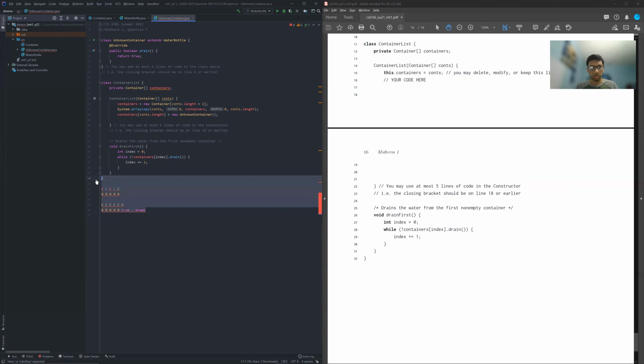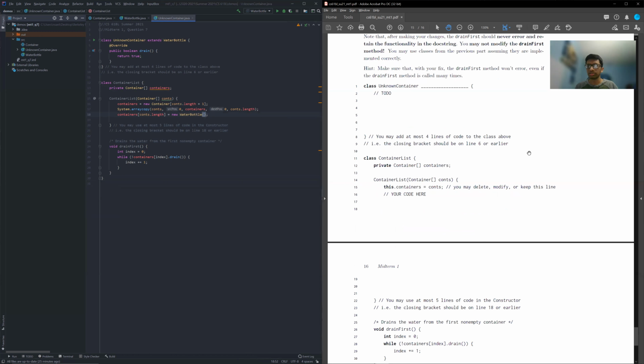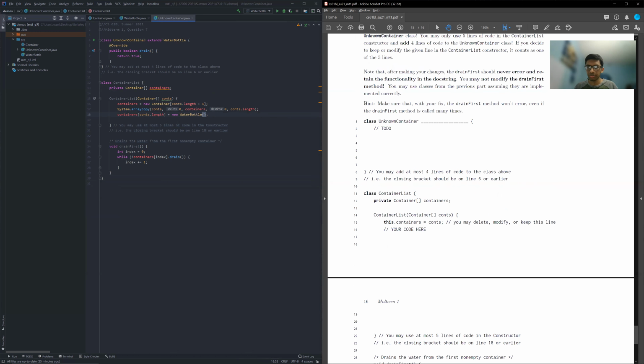One last thing that I want to mention here is why we even needed the unknown container. Unknown container doesn't really seem to be doing anything. It's like 4 lines. Maybe you didn't even have to use it at all. Maybe you can just use water bottle here, right? Like, just add another container. Well, there's a small issue with this, or I say small, but it's fairly large, and it all has to do with this hint. We need to make sure that the drain first method won't error, even if it is